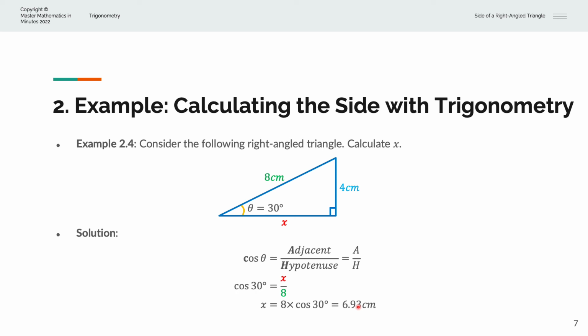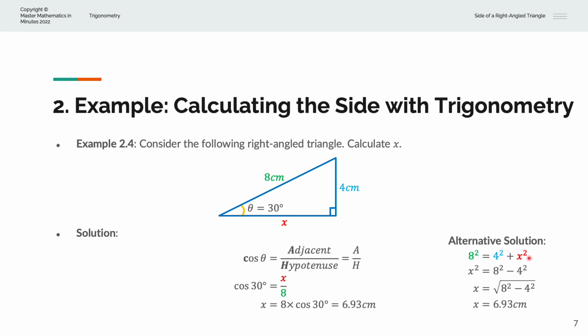So there's an alternative solution to this question. Firstly, we can recognize that this is a right angle triangle, and we're given 2 of the sides. So according to the Pythagoras theorem, we're able to solve for the remaining side when given the 2 other sides of the triangle. So according to the theorem, 8, which is the hypotenuse, squared is equal to 4 squared plus